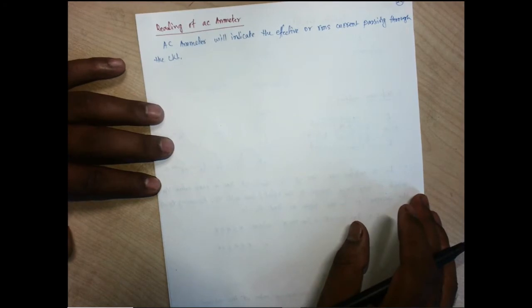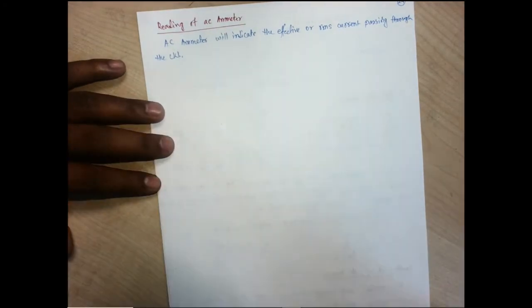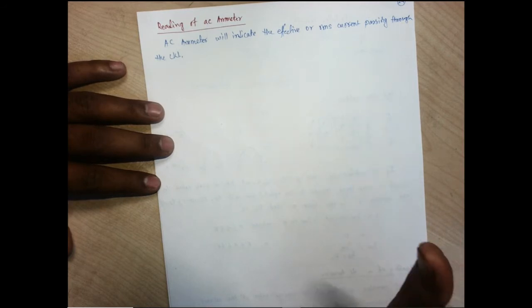So we know how to find out this IRMS. I am not at all going with the definition. For a periodic function, it is given by the area of one cycle of the curve, which is represented by the square of the function, divided by the base. So that is how to find out the RMS value.